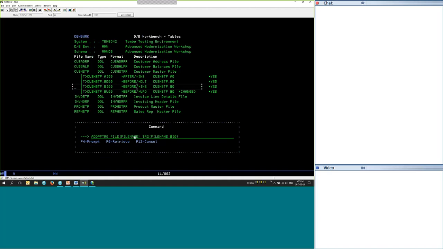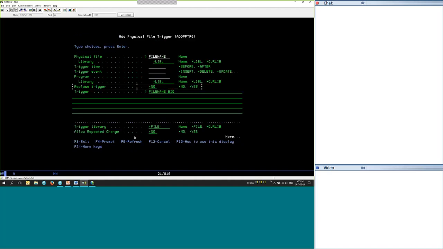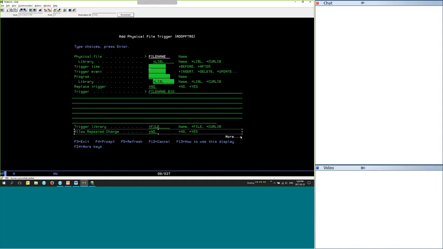Okay, you notice there's some other things missing here as well. Let's just look at the native command again. So that is the repeated change command. Only applicable to before triggers, and only if it's yes is the trigger allowed to alter the contents of a record. Moving down,